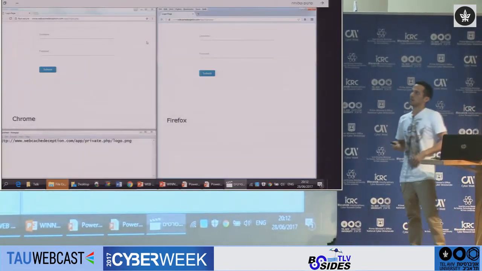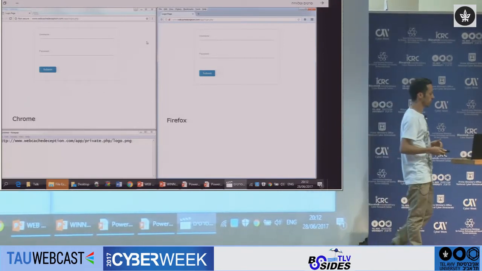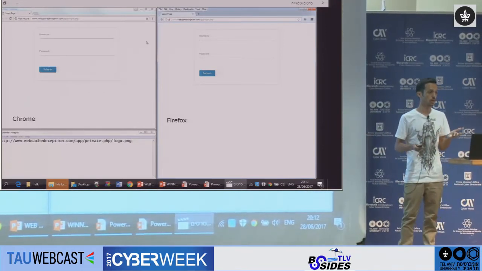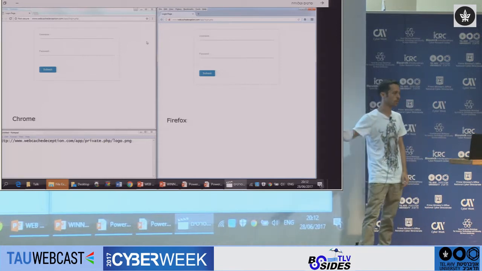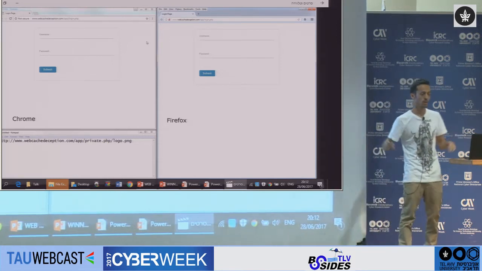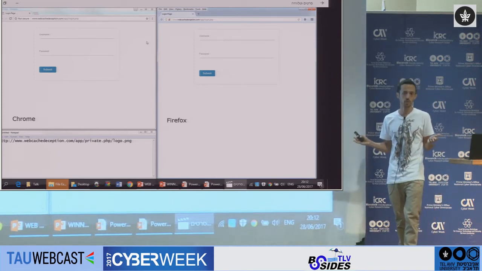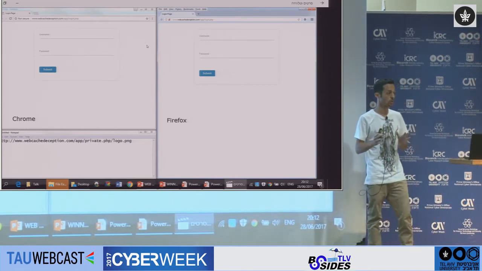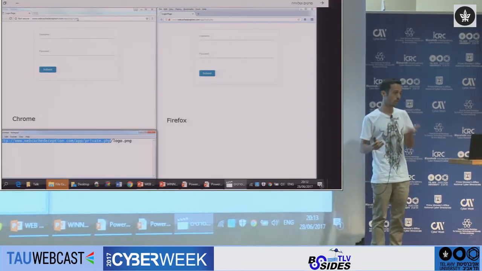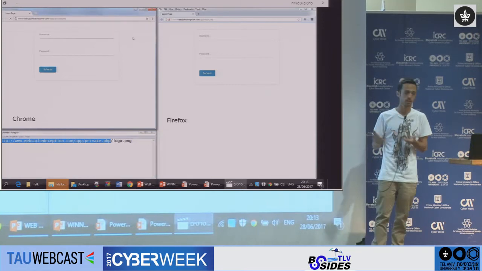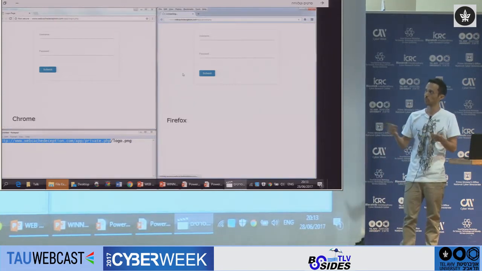Okay, so this is a web application which is hosted on an Apache web server, and it is also served by the Cloudflare CDN for caching. It's open on the left in a Chrome browser and on the right in Firefox. We are now logged out, okay? Now there is a private page in the application called private.php. Each user that accesses this page while logged in can see his own private content. So if we try to access it now, obviously we will be redirected back to the login page, okay? You can see it in both browsers.